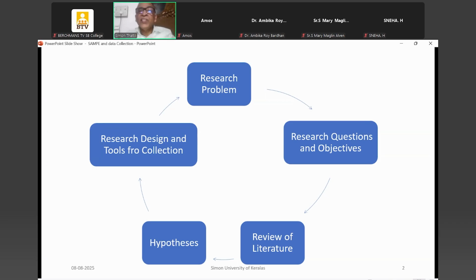Now we need to understand, when I was referring to the earlier case of medicine, I was trying to say that if you have a headache, then you go to a doctor. The doctor is doing research on that patient. It's in fact a case study. But the doctor is asking certain questions, which is akin or similar to that of a questionnaire or an interview schedule that you have. Now he's trying to get data,